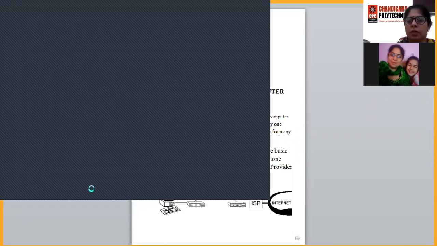Using this window, you can enter the username of the internet service provider, then the password which your ISP will assign you, and then your connection name, which is broadband. Finally, when you click the connect button, you will be connected to the internet through your ISP. So this is how we configure our computer system to connect it to the internet.